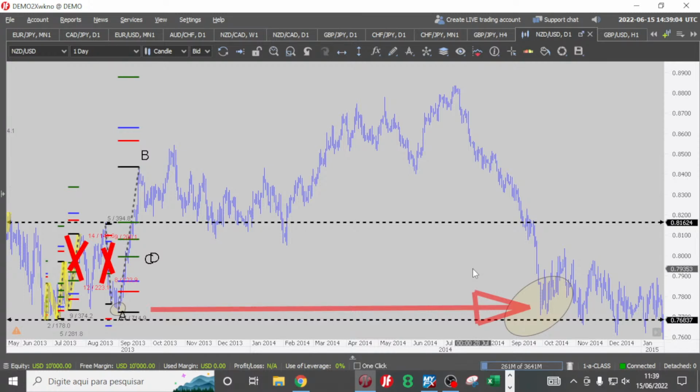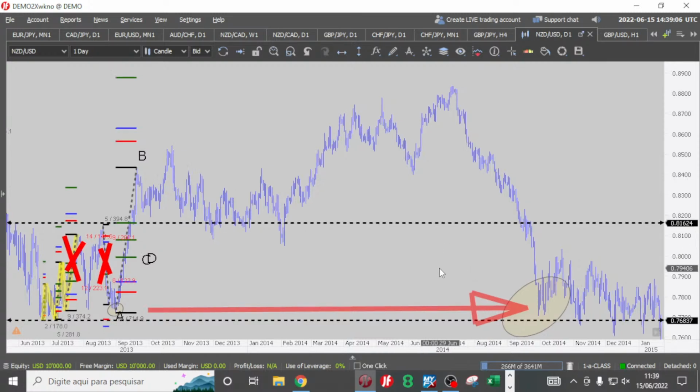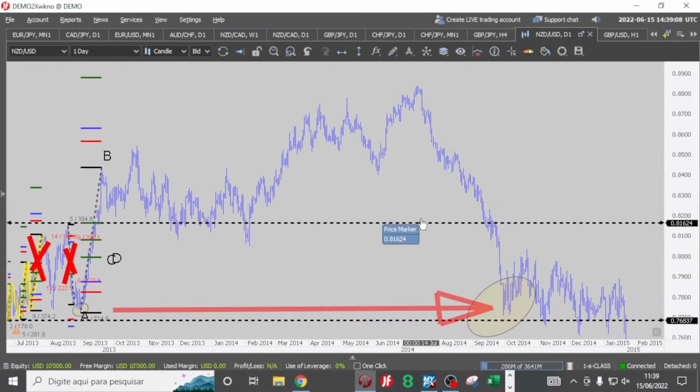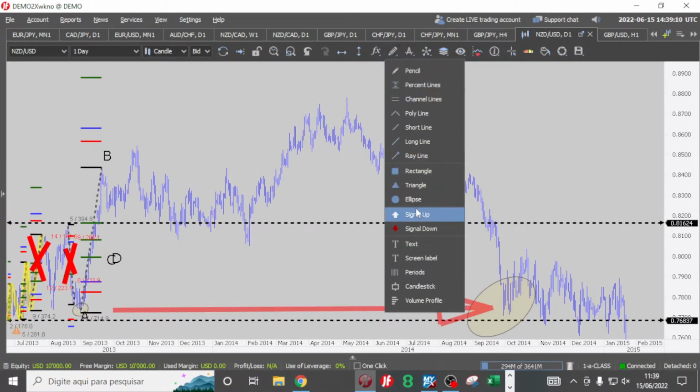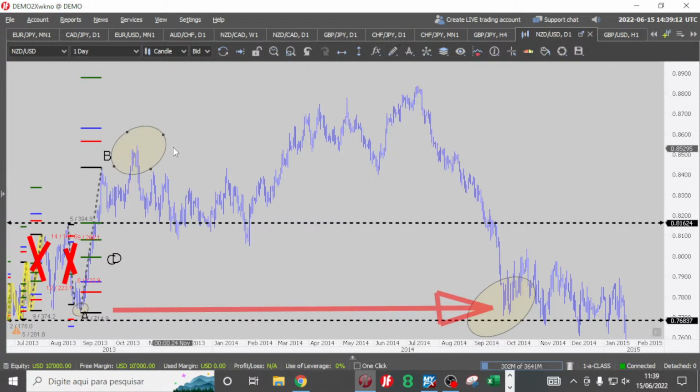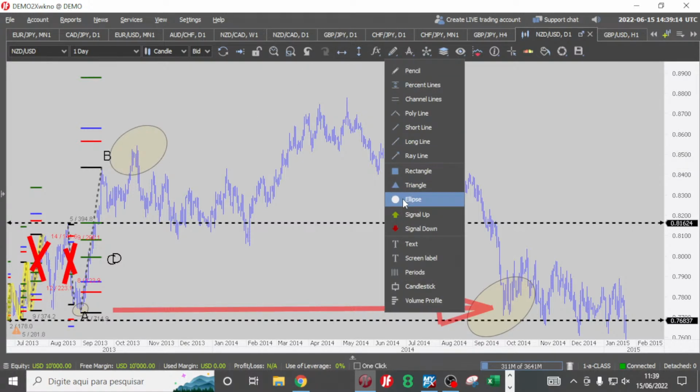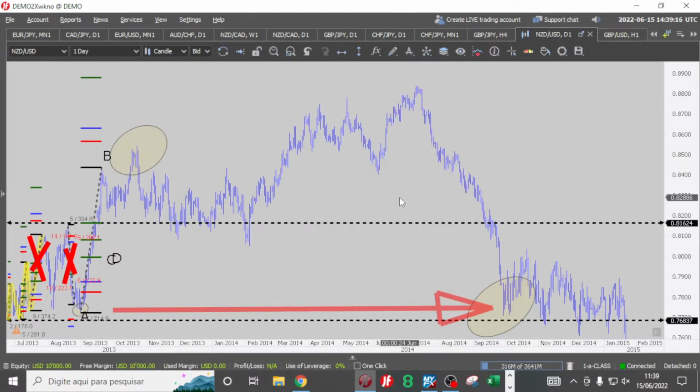Yes, NZD USD. Okay, very good. Now, if this is something that you see, everybody, where we are going to start our down Fibonacci, at the first circle, Julius, Olufemi, second circle, third circle, or fourth circle. Where should we start our down Fibonacci? Which one is going to be our A?